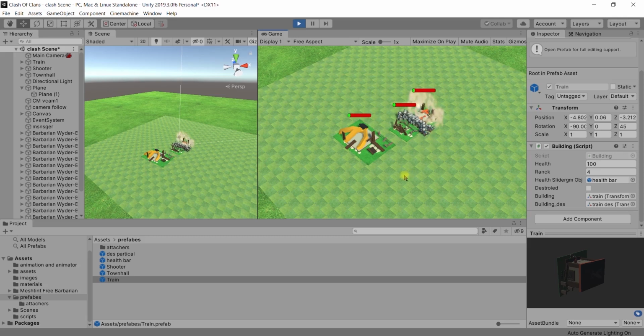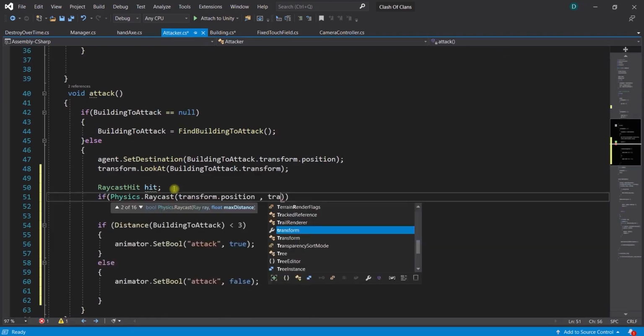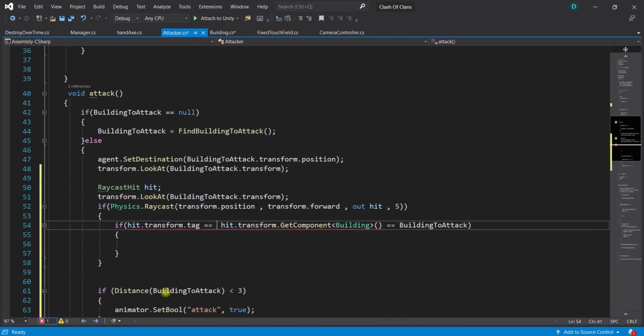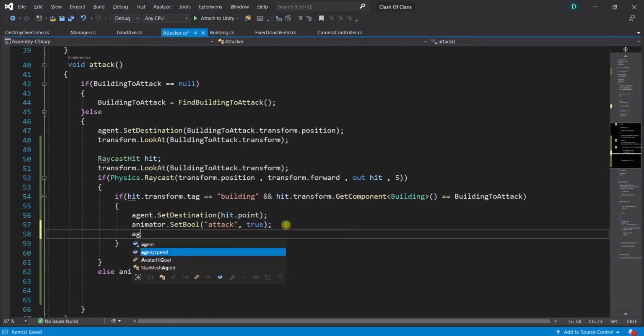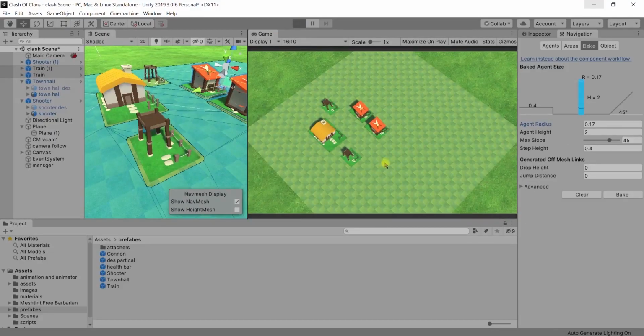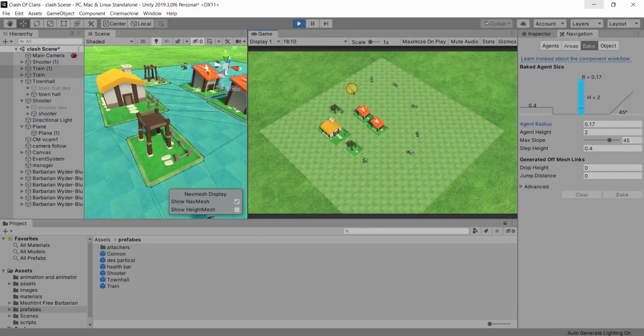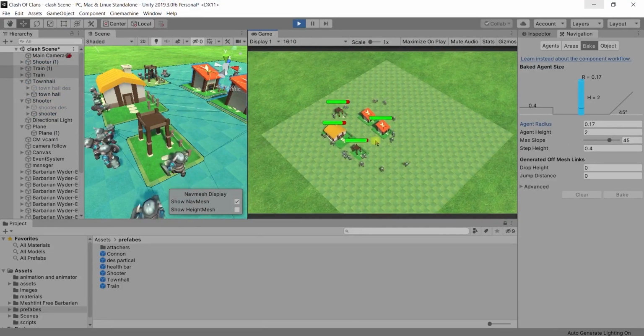So how can I fix this? I added some coding and shot a ray toward the building, and we saw a point and we attack that point. Now it's better.